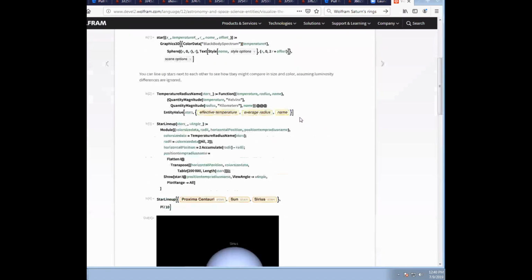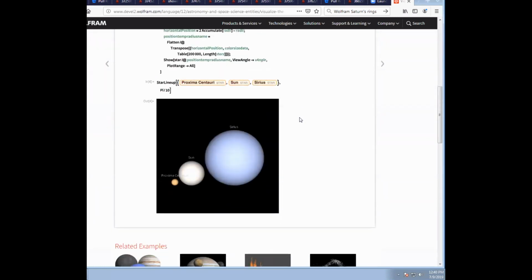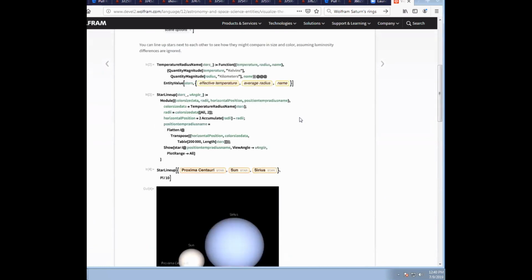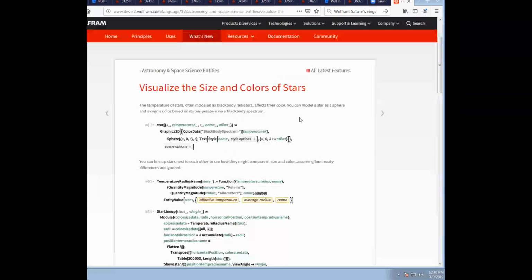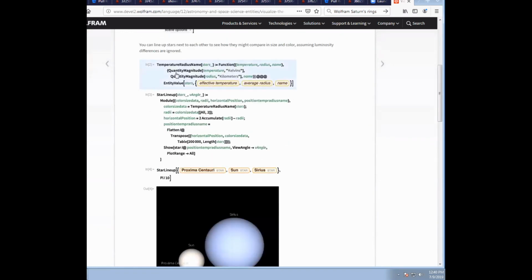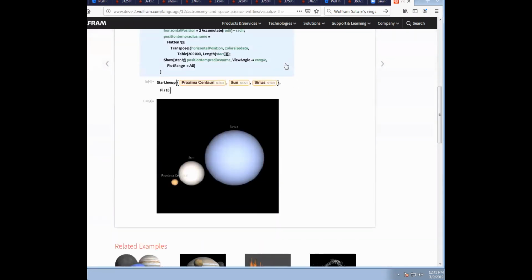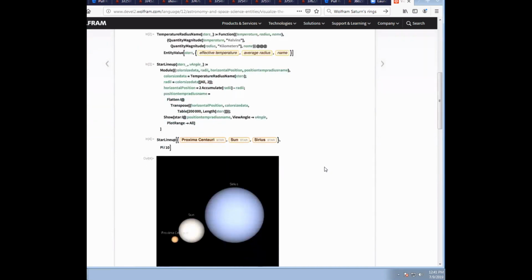Okay, so let's see here. This is another visible example for stars. I'm going to move through some of these quicker here. Here I've just got a nice graphical example where I've obtained the temperature of a star. I've written a function here that takes the temperature, the radius, the name, and an offset value for just a star. We'll just genericize that. We're going to have a unit conversion thing here that gets the entity value for the temperature, the radius, and the name of the star, and does unit conversions on it. And then we've got a function that will line these up horizontally,